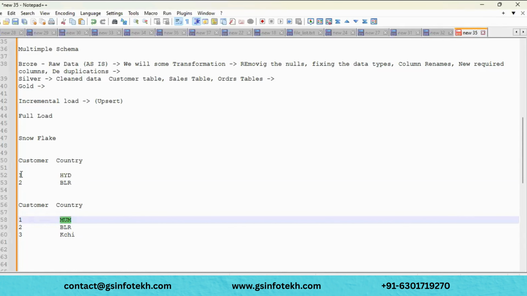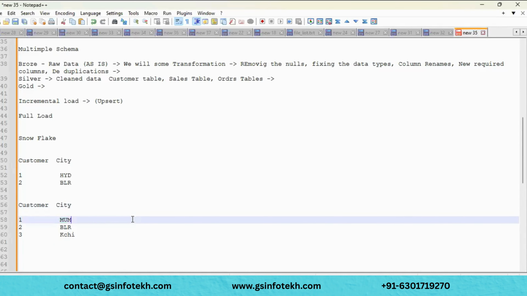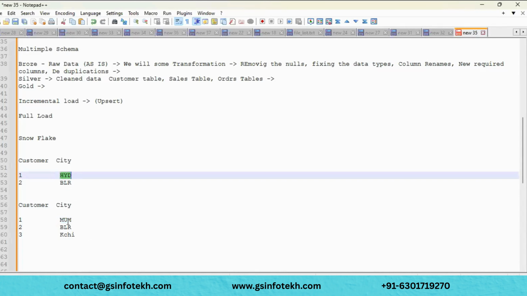Wherever it finds customer ID 1, in that row it is going to update the city field, replacing Hyderabad with Mumbai.